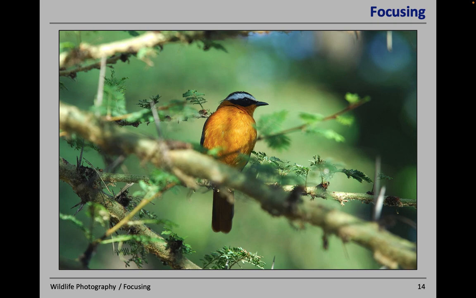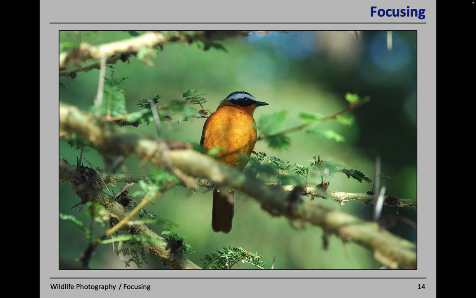And it's very easy for the camera to suddenly decide that the front branch is more interesting than the bird further away. Remember, the camera, no matter how intelligent it claims it is, the camera is stupid and doesn't actually know what the object of interest is. Just because it happens to be bright orange doesn't mean that's necessarily the thing you wanted to photograph. So in some cases, you definitely have to override the decisions made by the camera if you're leaving it on